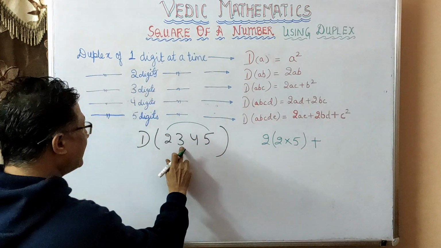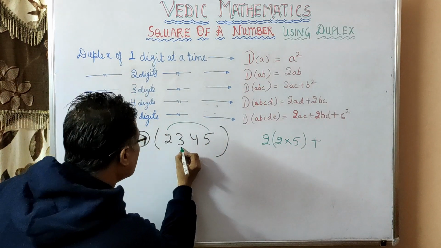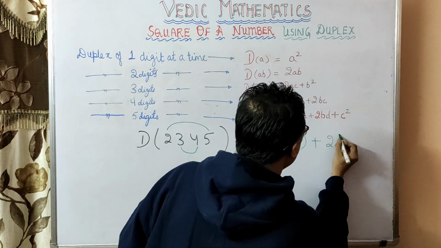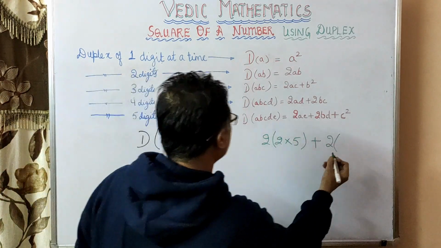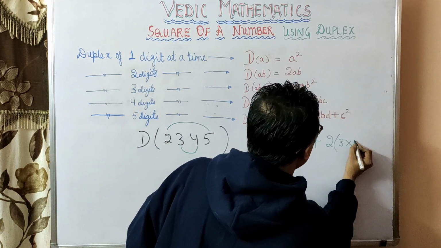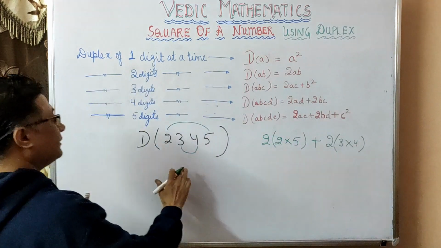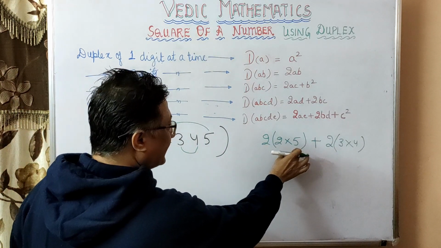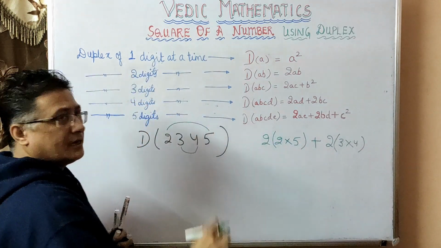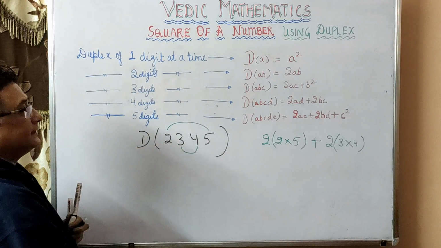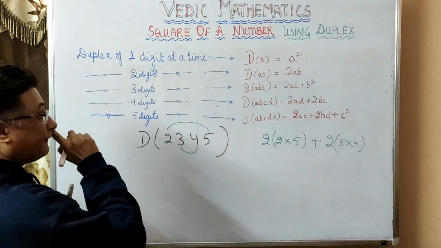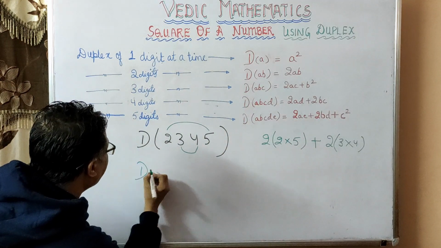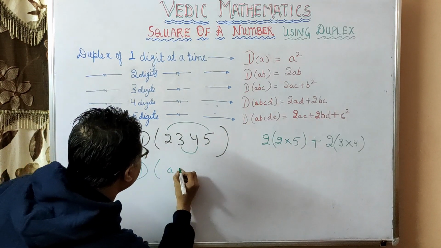Plus, now again 2 numbers remain. So 2 numbers remain, so again the same: twice the multiplication of these two, 3 multiplied by 4. Whenever 2 numbers are there, we just multiply them together and then double the answer. So this is it. If I write it this way now, like I did before, suppose this is